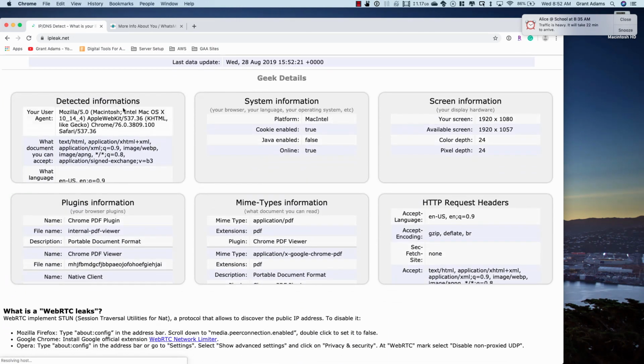Furthermore, down here, it contains detailed information. It knows that I'm running a Mac on OS 10. It knows what version of OS 10 I'm running. Right? It knows what my platform is. It knows my screen resolution. All this stuff. You can do this. This is not a big secret.